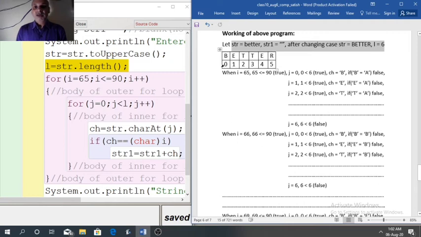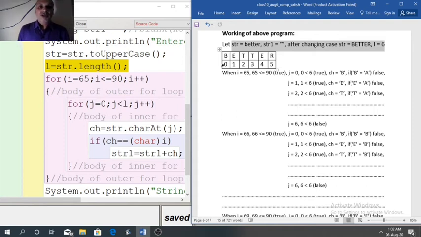As you know, first character of the string is assigned index 0. So B is assigned 0 index, E 1, T 2, like this. R will be assigned index number 5. Total 6 letters are present here and the indexing is from 0 to 5.